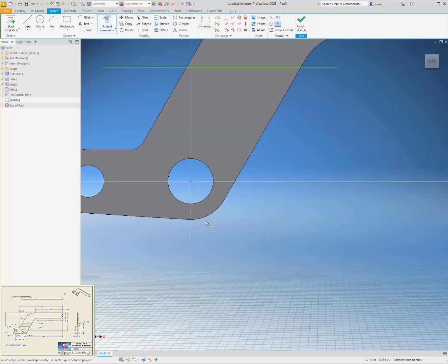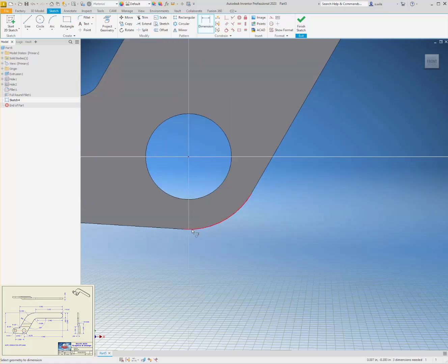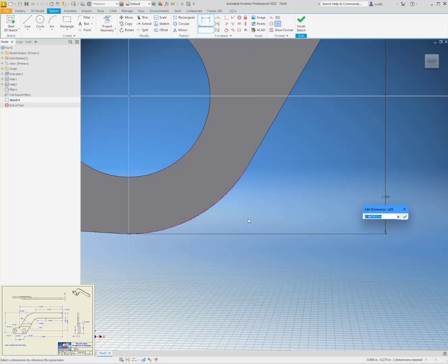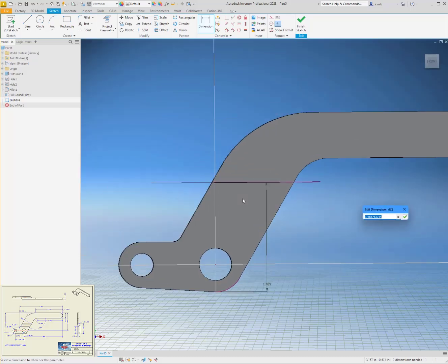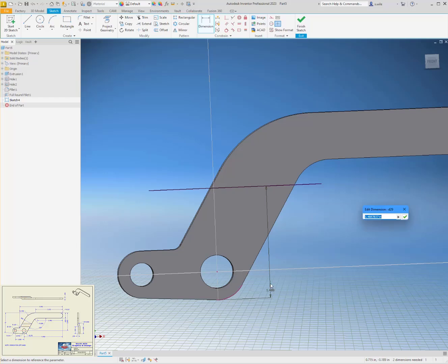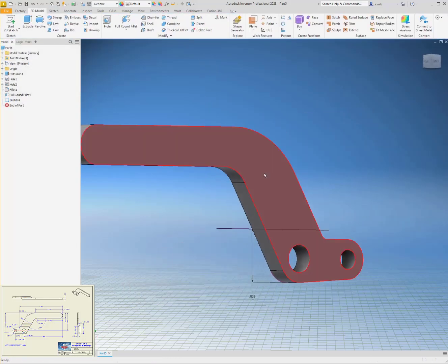Hey, I projected you. So dimension to tangent. Try it again. Dimension to. There's my tangent. The lowest point. 0.839. And then we'll go to the other side. Oh,